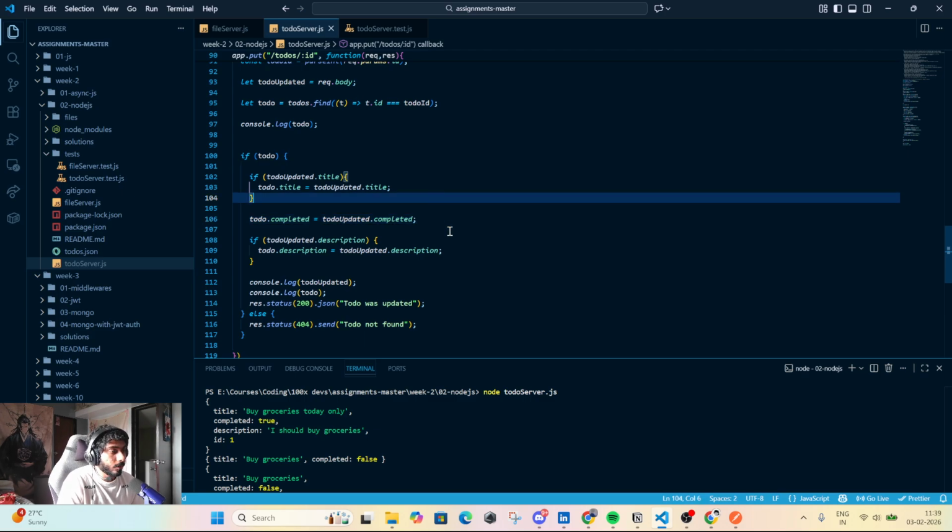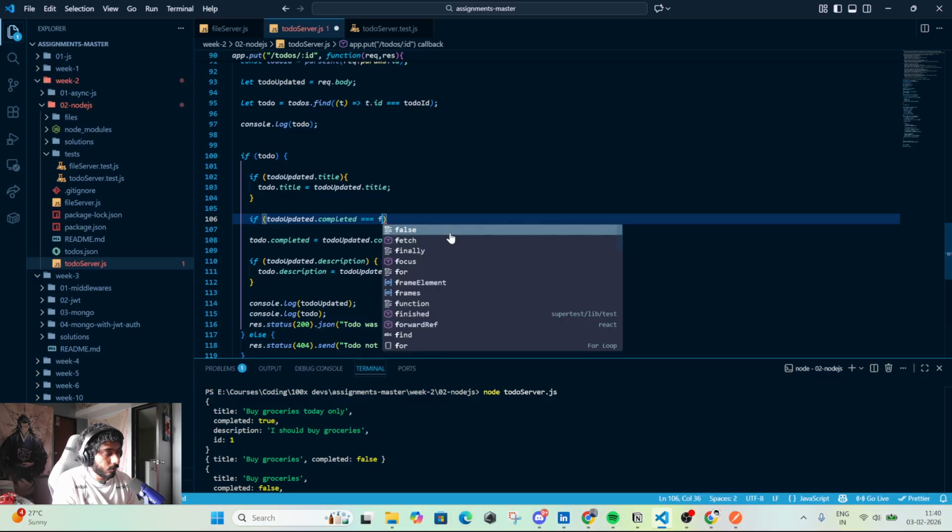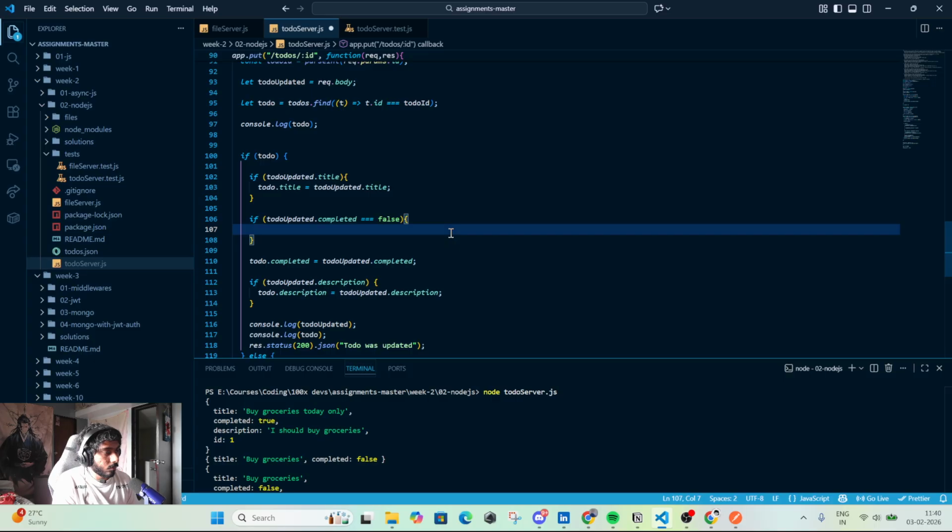Oh, okay. Maybe I can do that. If todoUpdated.completed is equal to, or maybe triple equal to, false, then what I can do